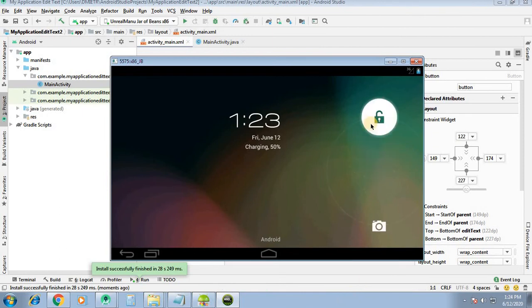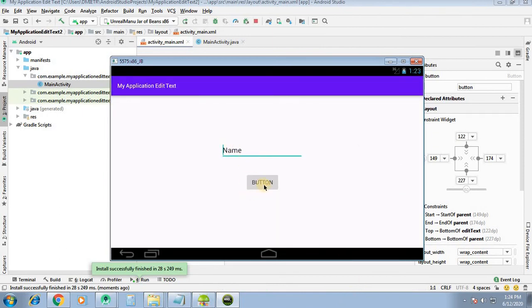So you can see here is a text view and here is a button. Okay, suppose the user is entering something in the edit text. When we click on the button, the message will be displayed here in a toast. Okay, so this is what we want to implement.